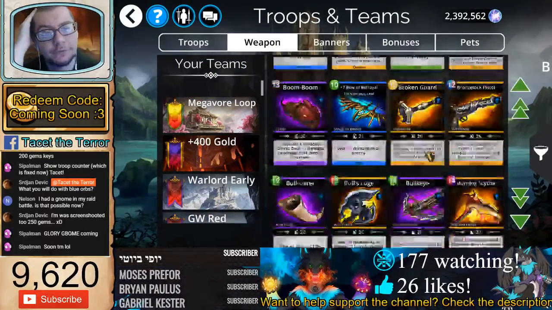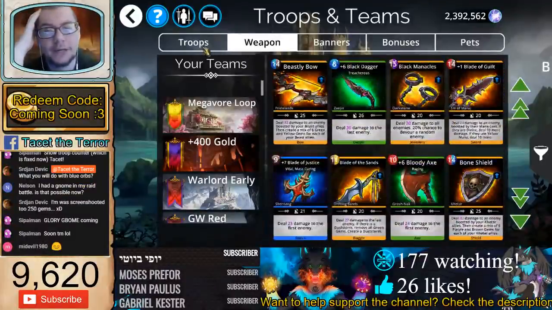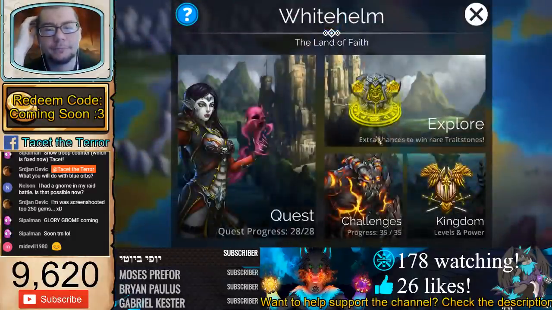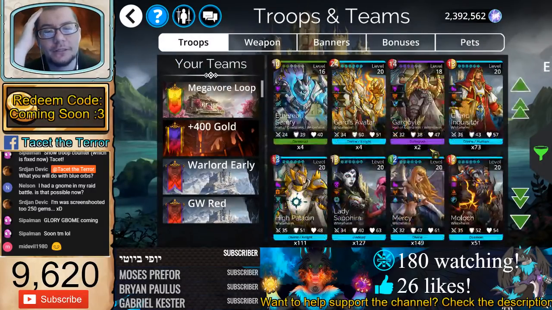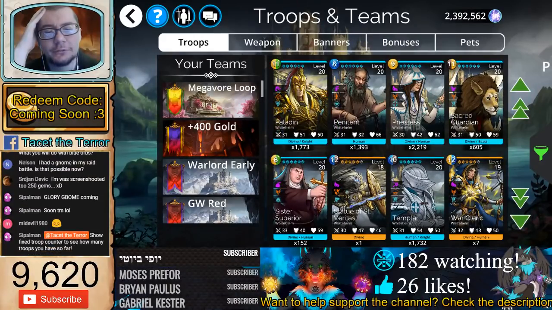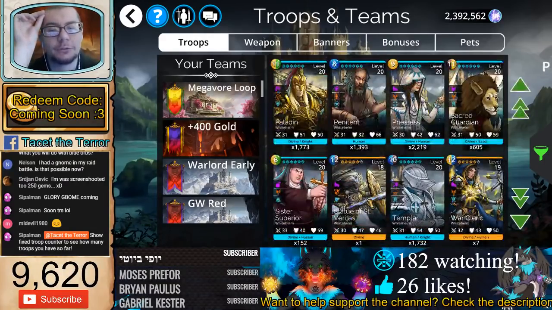I need the legend first, though. I need to get the legend from the Hall of Guardians faction. And once we do, I believe we have enough. Because right now we need, in order to get 10-star Whitehelm, we need 3 more troops to be level 20. Obviously, to level 20 your troop, they have to be fully ascended. So to do that, we would need to go and ascend this one upwards, and 1 more upwards. And the easiest one would be to do the legendary from the kingdom. And that would cost us 3...